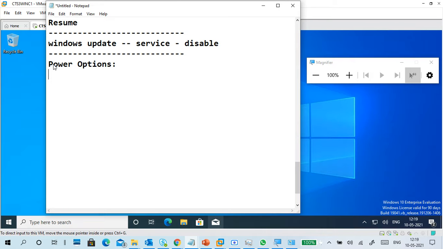In case I don't touch the PC for the next 10 minutes, turn off the screen. If I don't touch my PC for the next 15 minutes, put it in power saver mode. So I can give certain suggestions, and I can change it also. But why I do that, I will explain in the next part. Okay, but see the power options, how to go to power options.